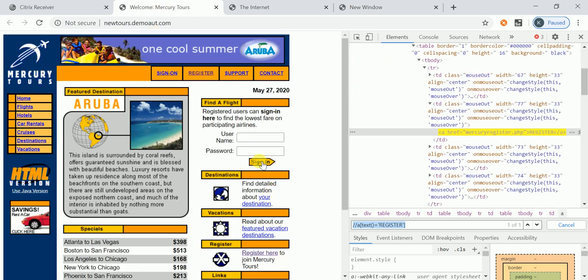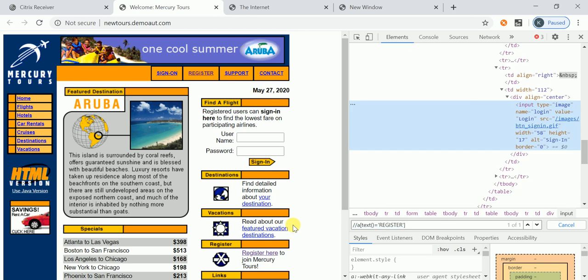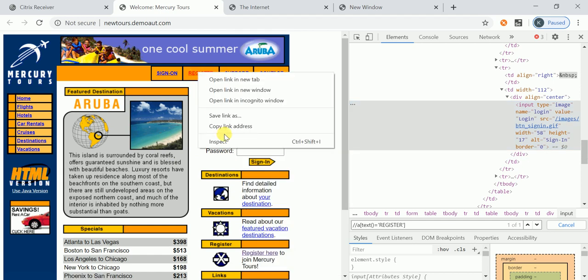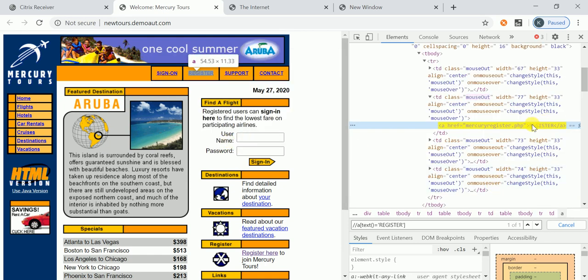I want to get the text of this button. What text is there here? Any text here? This particular div doesn't have any text. Already you know what is text. Let me try to get the register. I want to get the text of it. This is the link text. I want to get the link text of a particular link. I want to get the link text of this link. How can we get it?